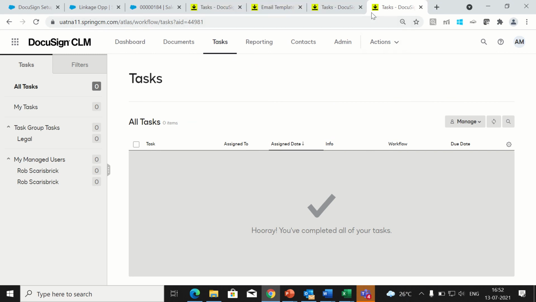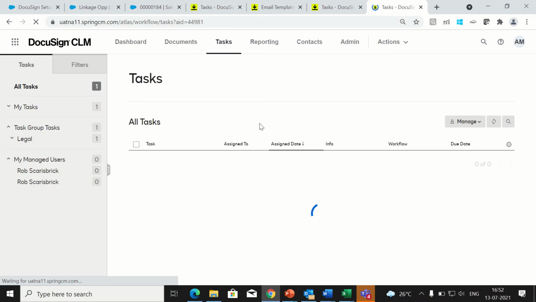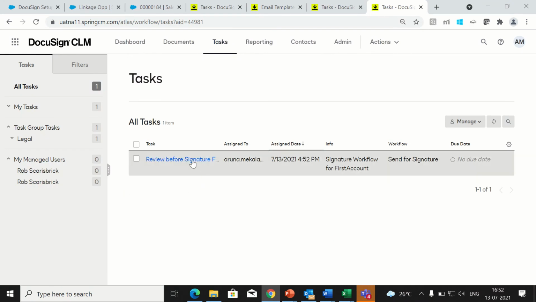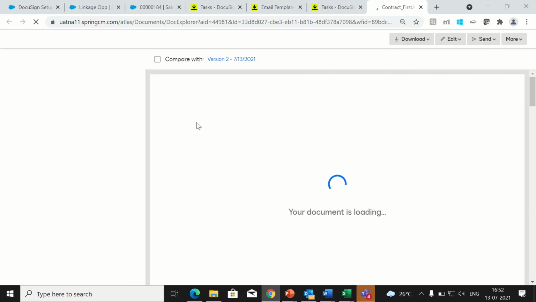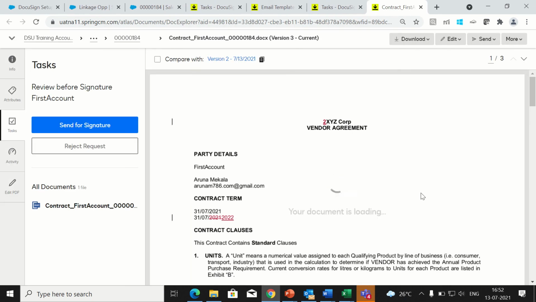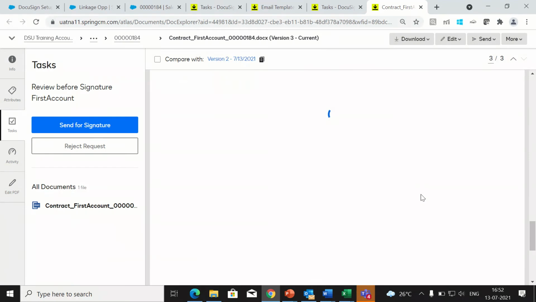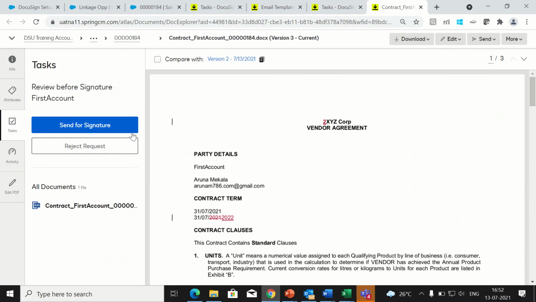So just now I clicked on send for signature, right? There will be one more step to review that and to send it for signature. So here it is being assigned to me. Before sending it for signature, I need to check whether everything is perfect or not, by seeing the users who are included in the signature. So now I am clicking on send for signature. Now it will launch an e-signature application. We'll wait for it.